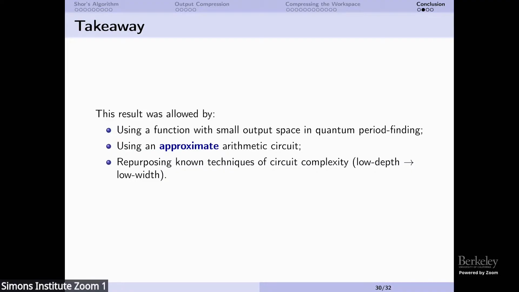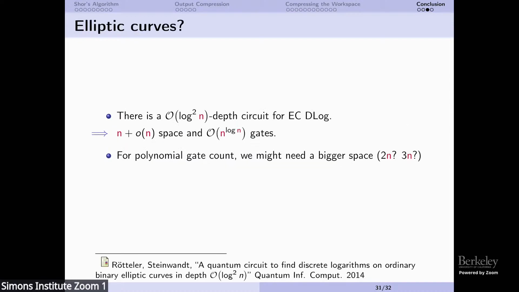What also happens is that we were repurposing known techniques which are used for low-depth classical circuits into low-width quantum circuits. And that may also happen in other settings. I wanted to talk briefly about elliptic curves because there are questions about whether we can do that with elliptic curves. And the short answer is no. Just because if you look at an elliptic curve group, you don't have residue number systems. Of course, they are not integers anymore. And we are very much dependent on arithmetic on integers for our approach.